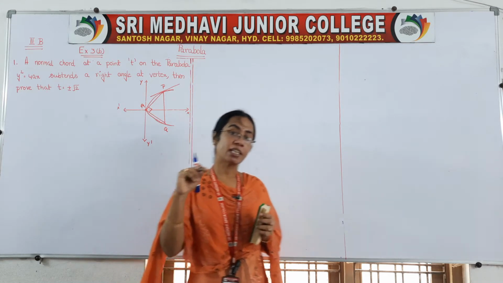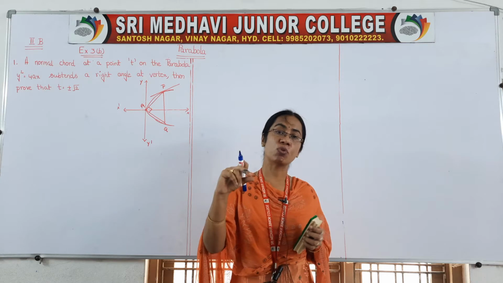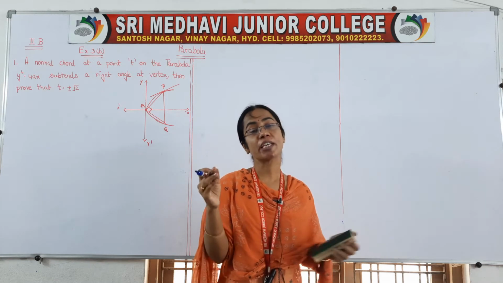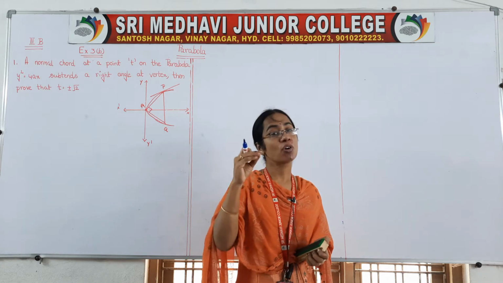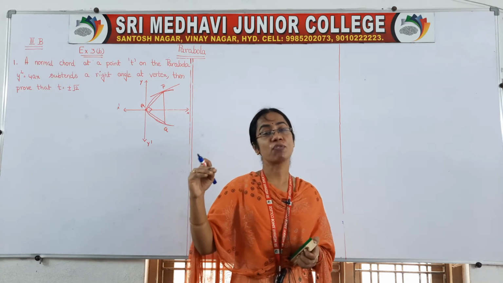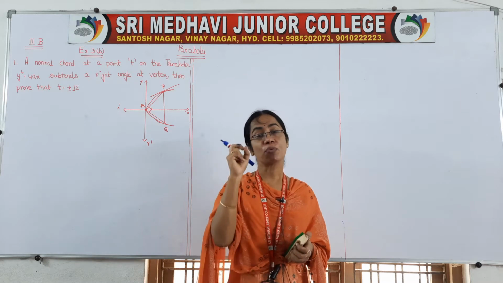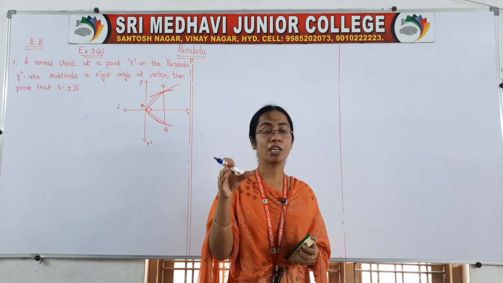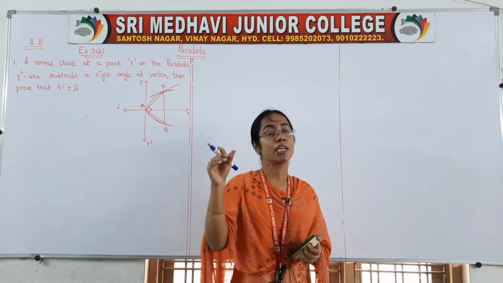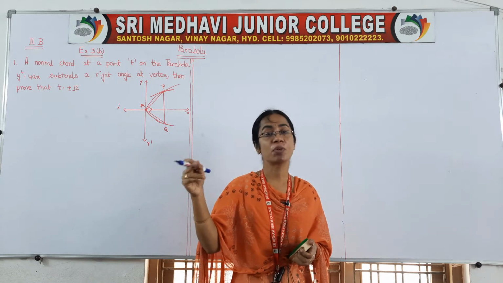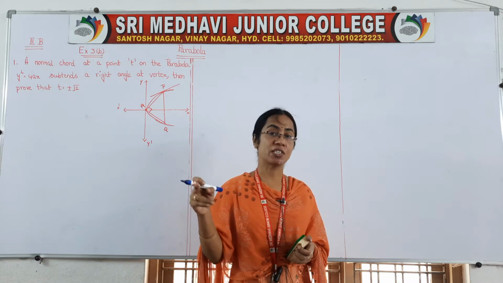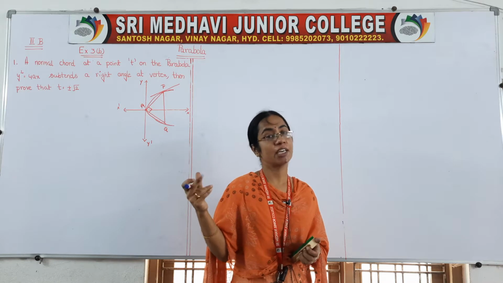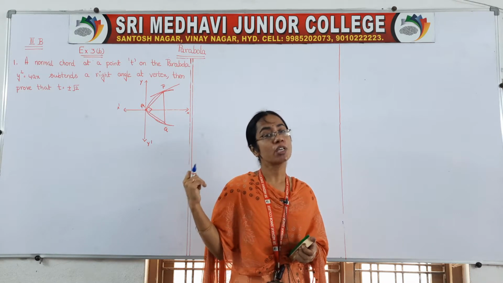After getting the combined equation of OA and OB, suppose OA is perpendicular to OB, then we have taken one condition: coefficient of x square plus coefficient of y square is equal to 0 when OA is perpendicular to OB. We used this concept already in doing the homogenization problems in pair of straight lines in first year. Same concept we are using here. There also it was geometry, right? Here also it belongs to geometry.